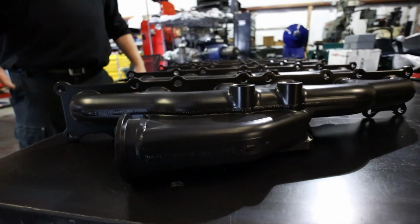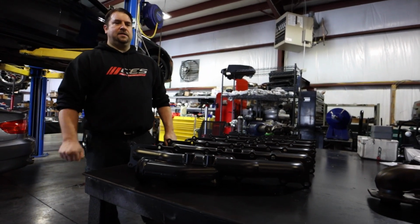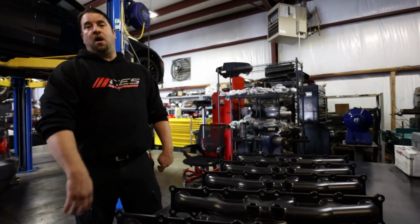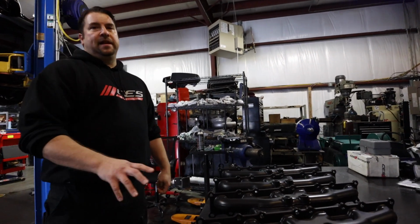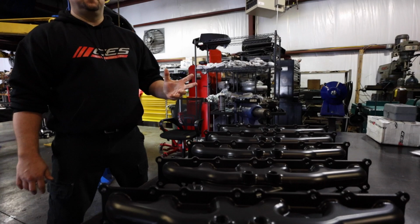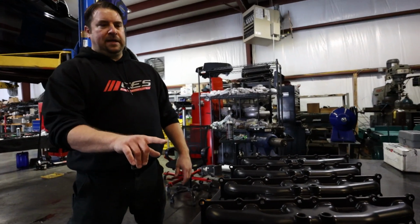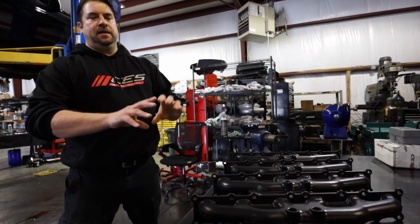We do a recirculated system which keeps it nice and efficient and much more OEM-like, so it's not dumping to atmosphere and making a lot of crazy noise. Some people like that. We do offer an open dump option for those that do. The majority like the recirculated so they can actually hear the exhaust and hear the turbo noises. But that is another specific feature that makes this manifold very efficient, because the twin scroll effect is carried through